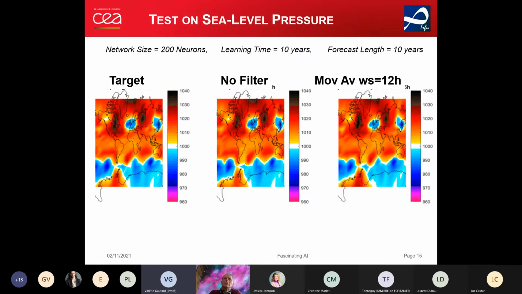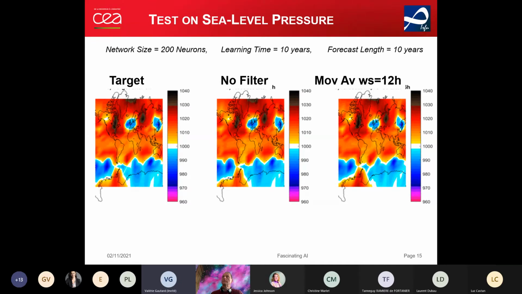Next slide, please. In this slide, you see on the left the target. Remember, we have a lot of data and we know the target. In the middle, we use neural network on the raw data. We just translate the data from the climate field to the mathematical field, which means we scale the data and so on. But the results are not so good.